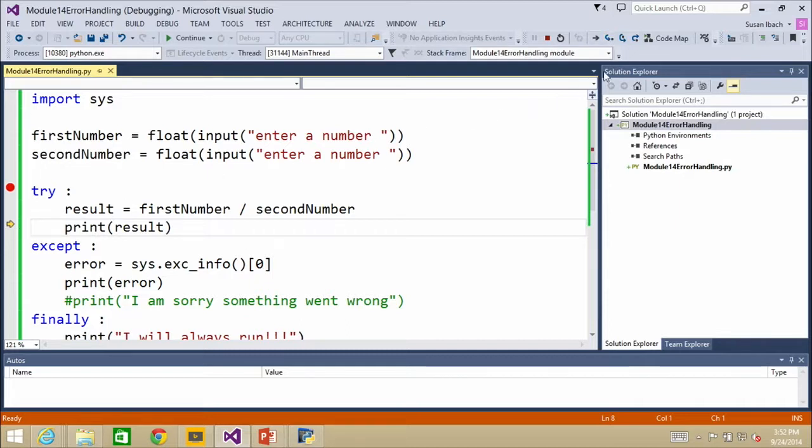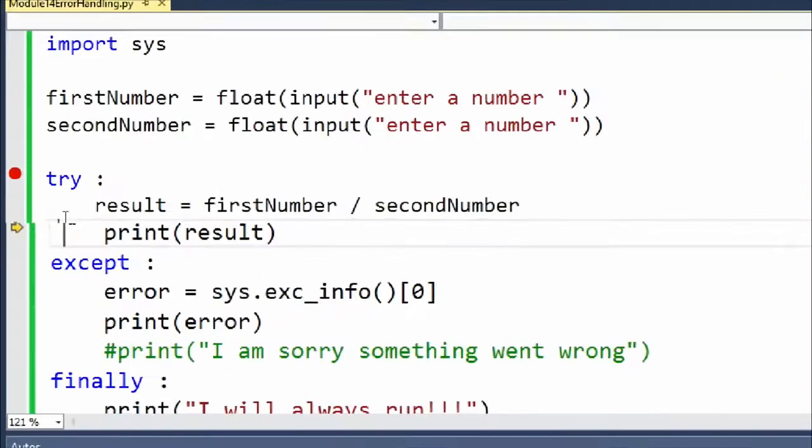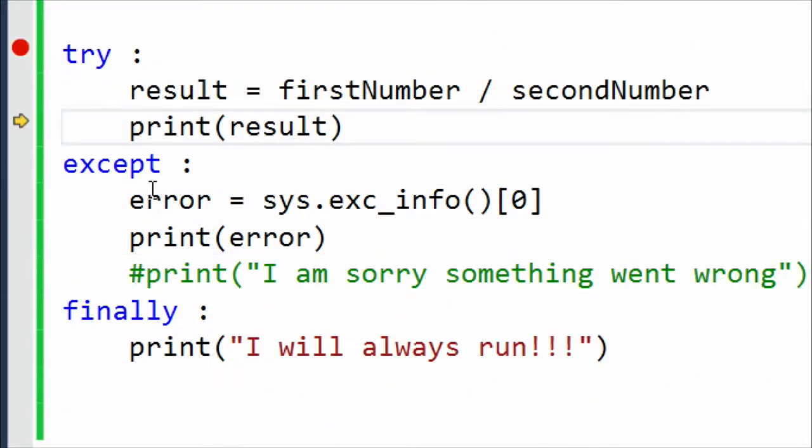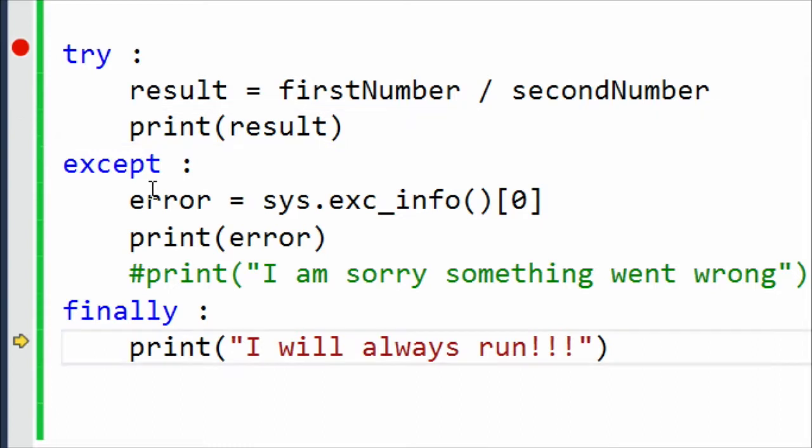So over here, hang on, what's the shortcut key for that? That is F11. All right, so I can zoom in a little over here. And when I hit the F11 key, it jumps right away to the finally. Yep. So if everything goes well and there's no error messages, then we do the code in the try, then we execute the code in the finally.